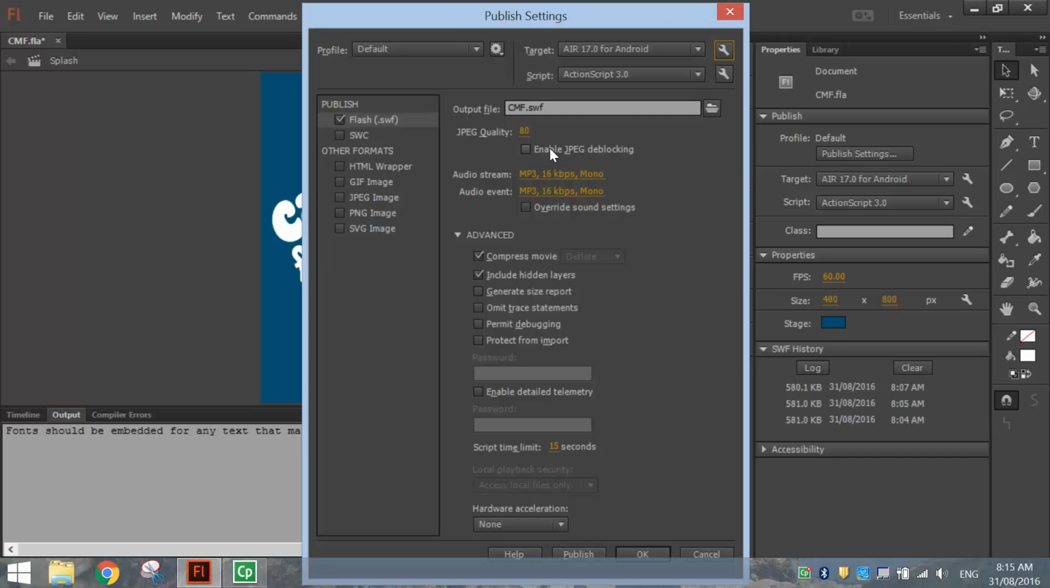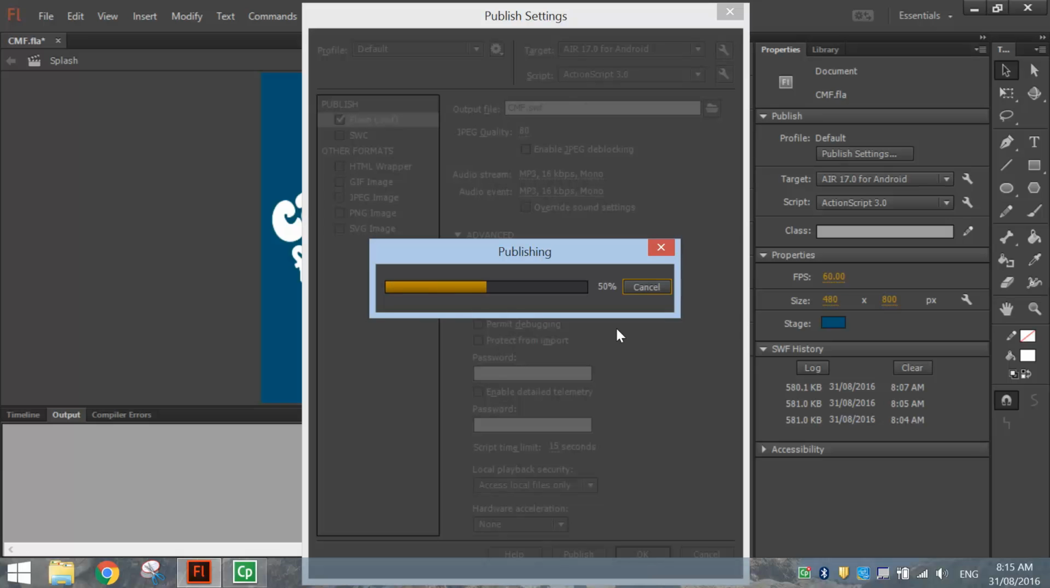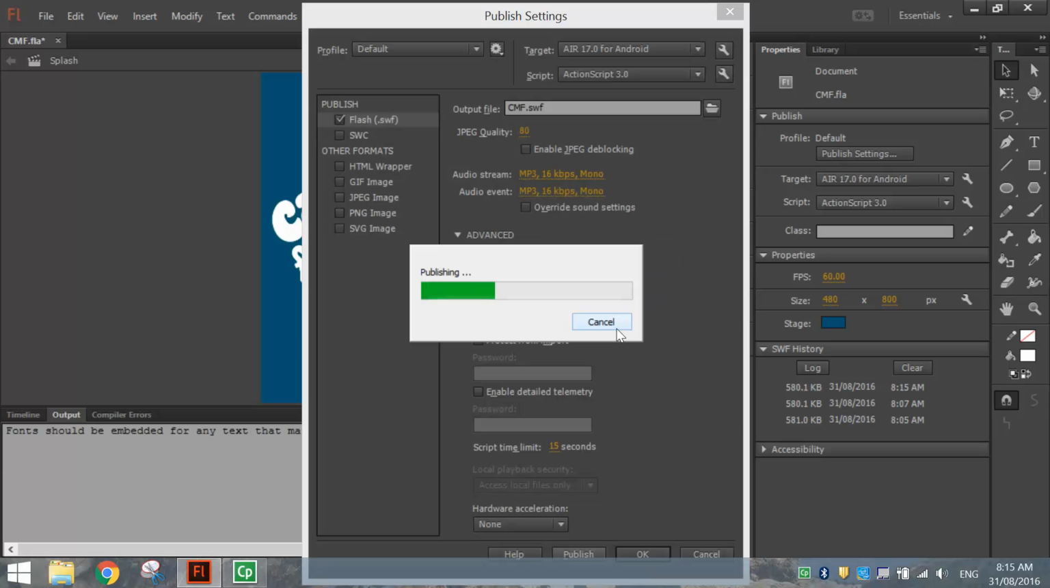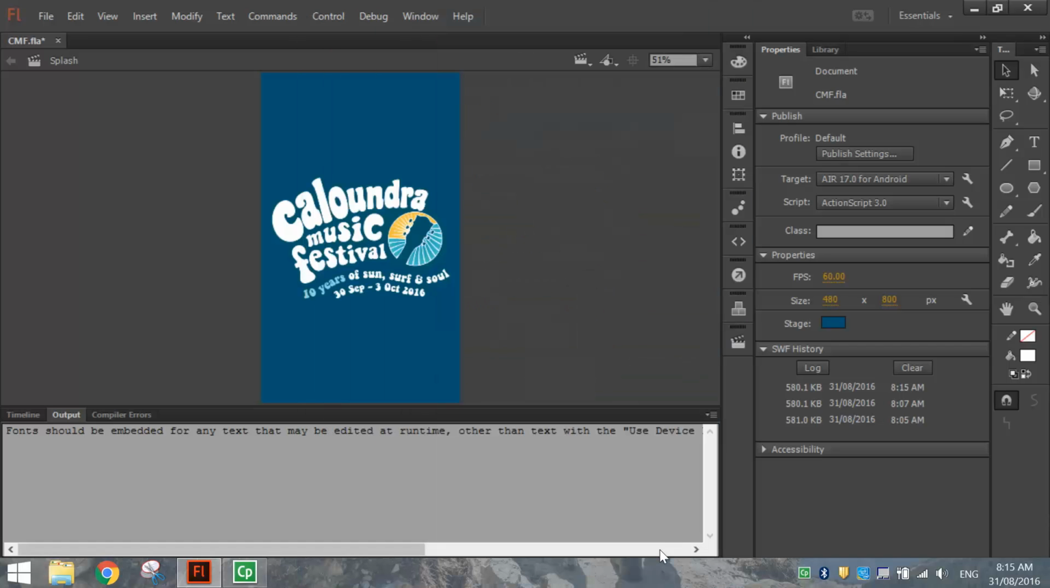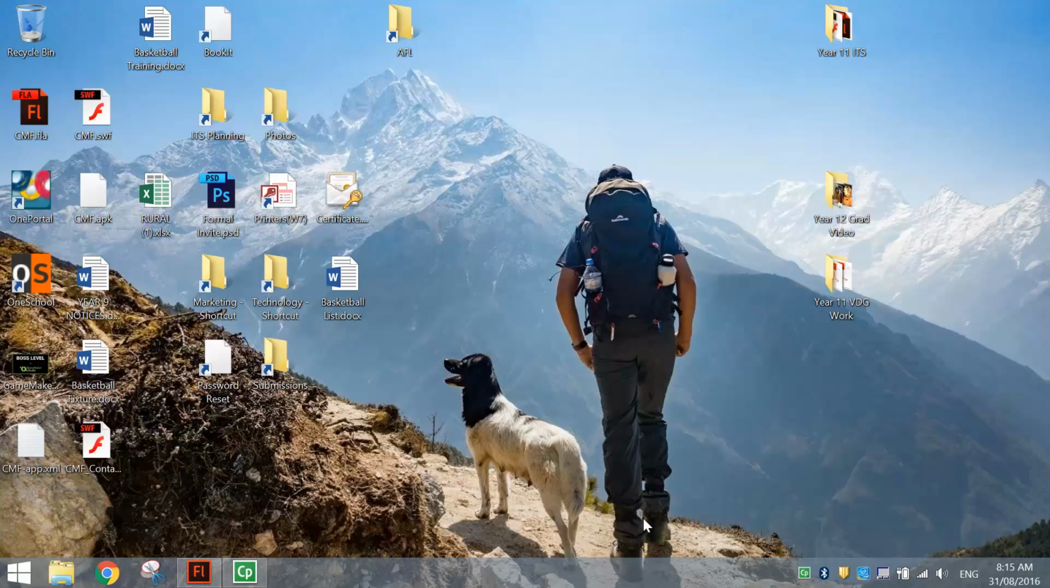And down the bottom of your screen you can click publish, and it will just come through and say it's publishing. As long as you've got no errors, that publishing process should work. Should take probably no more than 30 seconds to publish. It is a fairly big app, so it could take a little bit longer than usual. There we go, it's all done. If you see that message that says the APK was packaged successfully, you know you've got a working app. So I'll click OK on that, click OK on that box, and if I look at my desktop, I've got